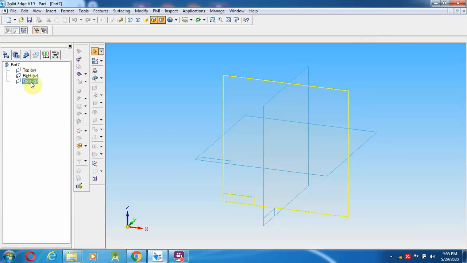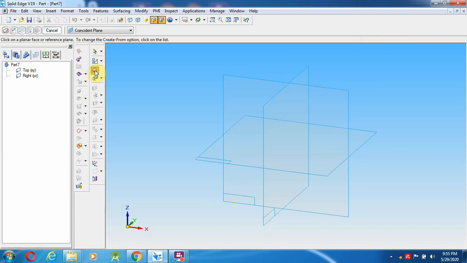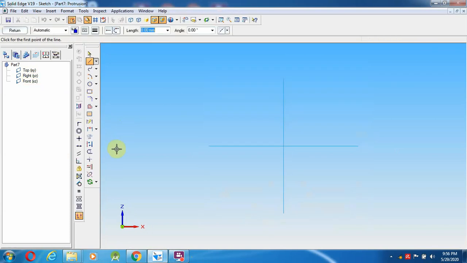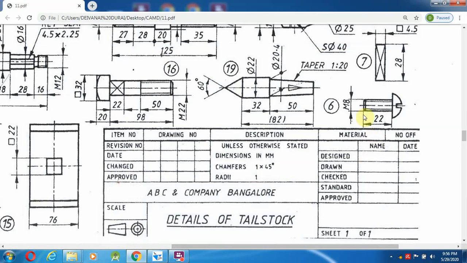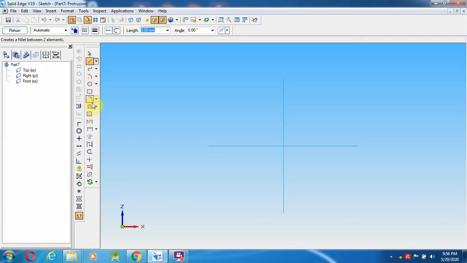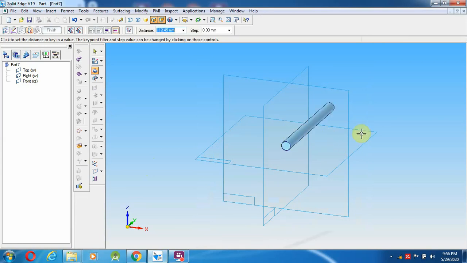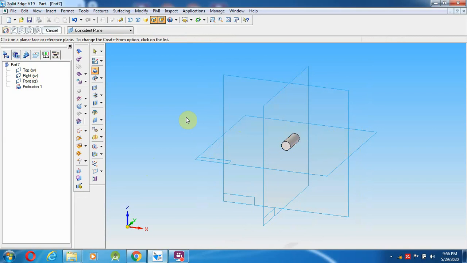First we are going to select the front, give the protrusion command, select this one and check over here. So M8, like 20 up to 22 mm distance. So select circle, 8 mm diameter, enter and return. So this will be 22 mm distance.